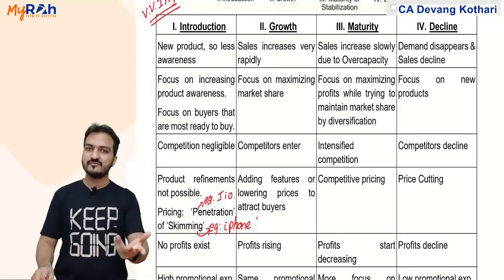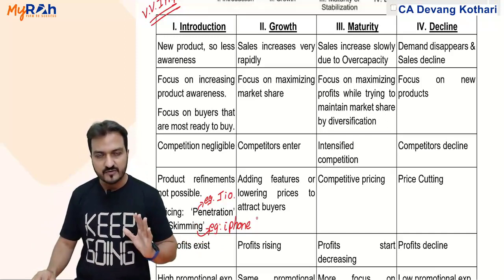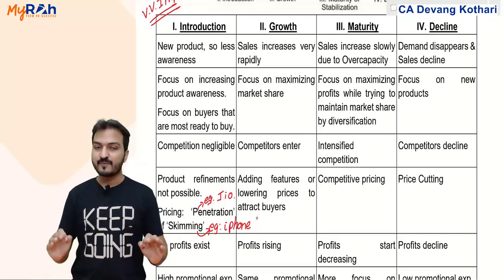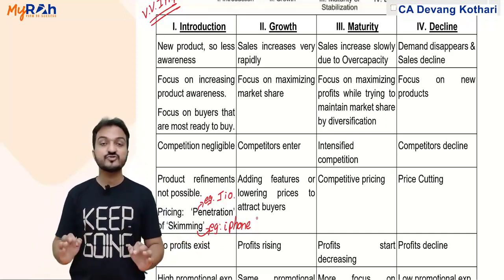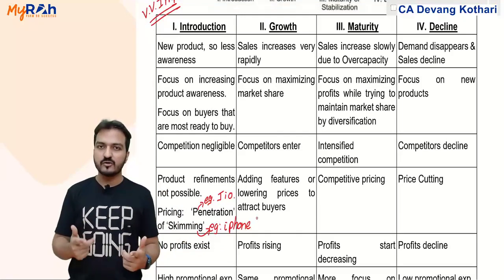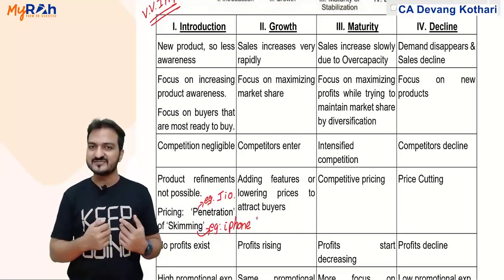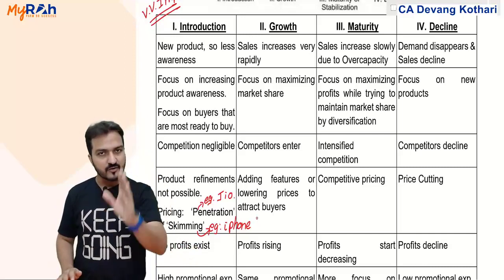Even for movie theaters, when a new movie will release in the theaters, first week the pricing will be very high. First day, first show, the pricing is very high. Then later on, when the people come to know that the movie is bad, by that time now they will reduce the prices.